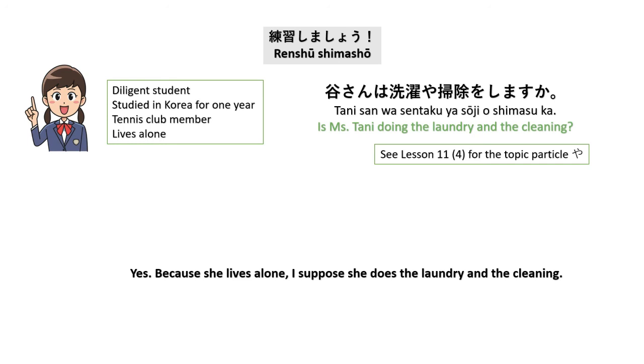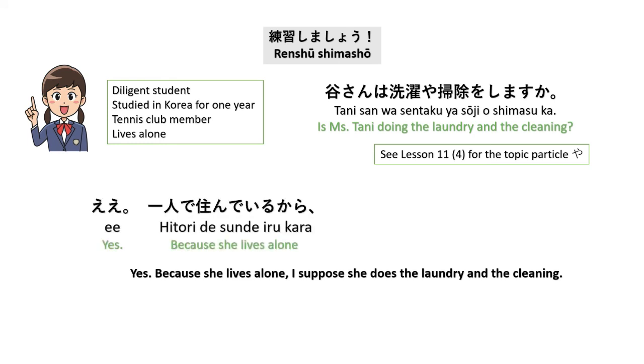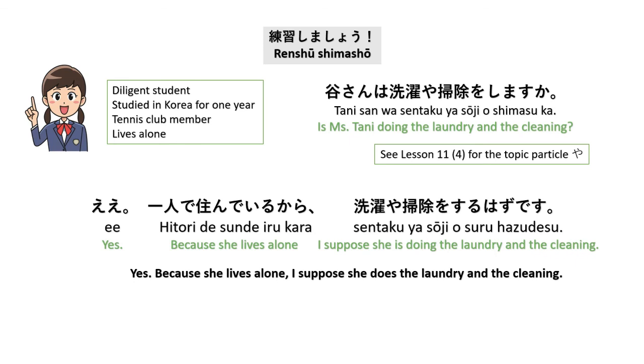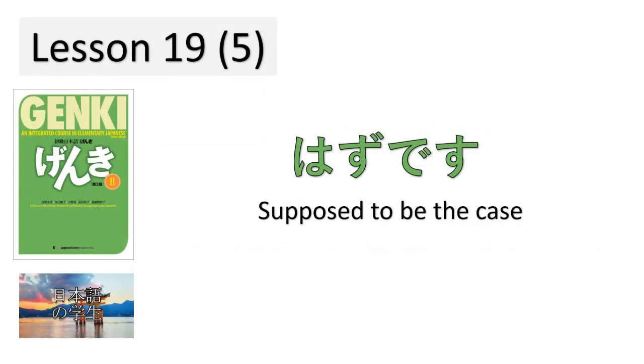谷さんは洗濯や掃除をしますか？Is Miss Tani doing the laundry and the cleaning, etc.? So, we can see the particle ya lesson in lesson 11 part 4. Yes, because she lives alone, I suppose she does the laundry and the cleaning. 一人で住んでいるから、洗濯や掃除をするはずです。